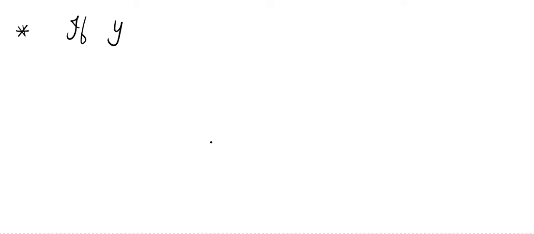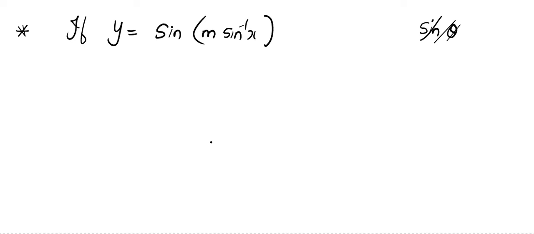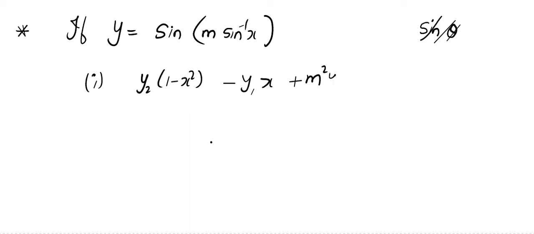If y is equal to sine in bracket, that is the argument of sine. Remember, the function sine becomes meaningful only when we put the argument theta. So here you can see the argument is m sine inverse x. Then prove that y2 into 1 minus x square minus y1 into x plus m square into y equal to